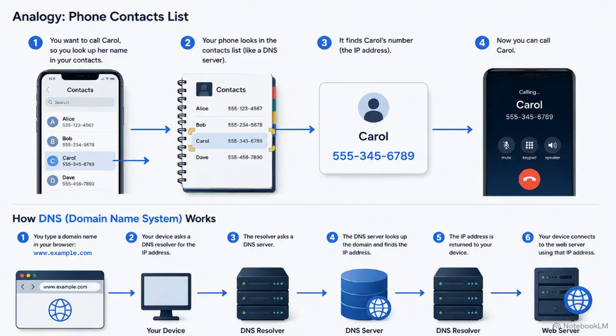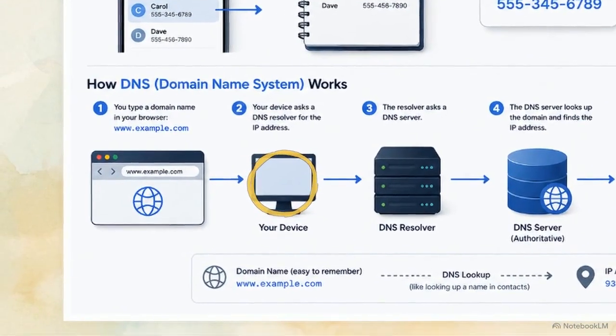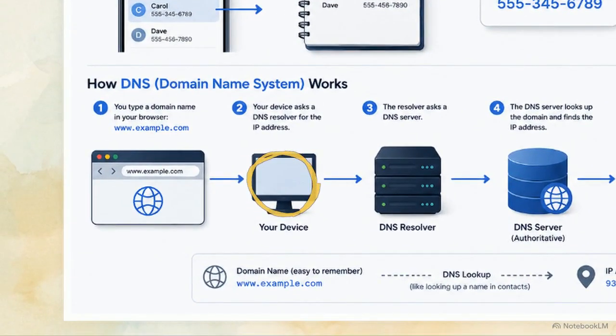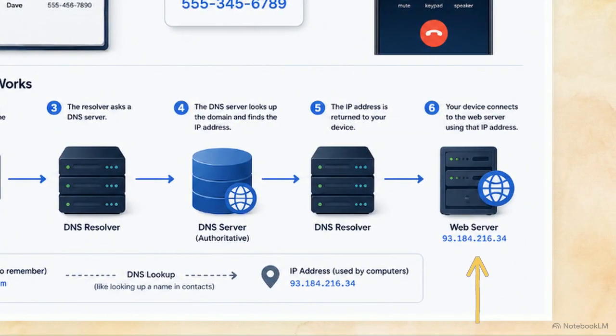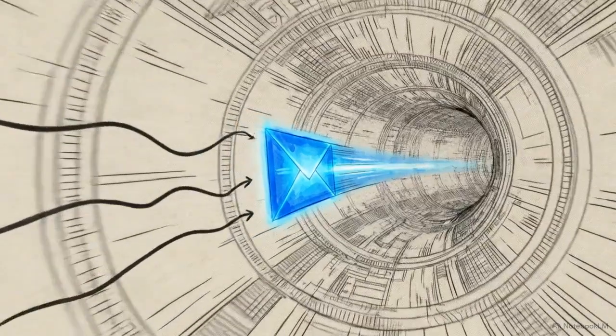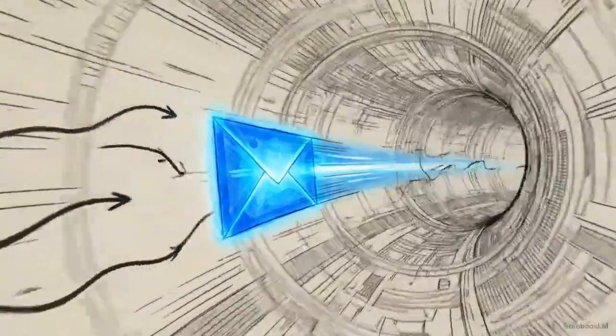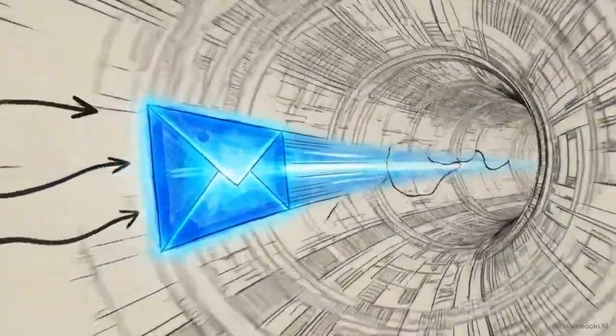You tap a friend's name and it finds their dialing number. Below, your device asks a DNS server, "Where does this domain live?" The server finds and hands back the exact IP address, 93.184.216.34. Now that your browser knows exactly which computer to talk to, it packages up your request to be shipped